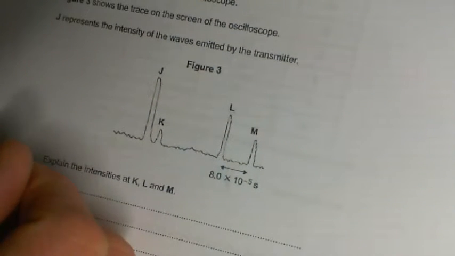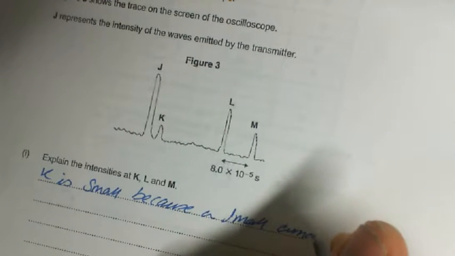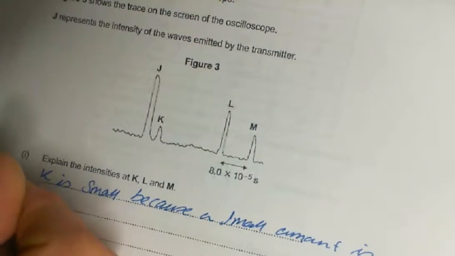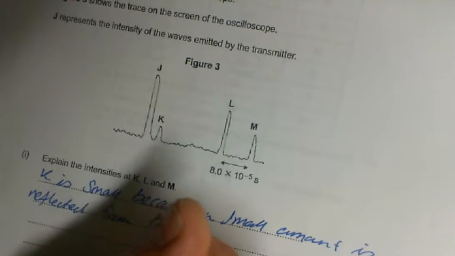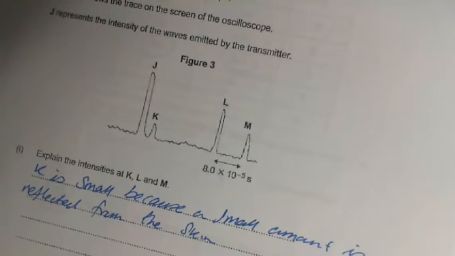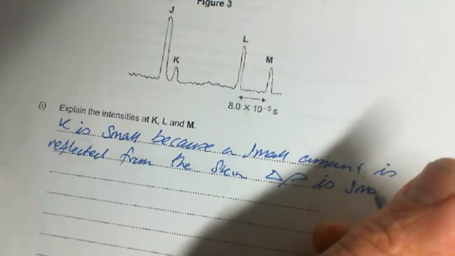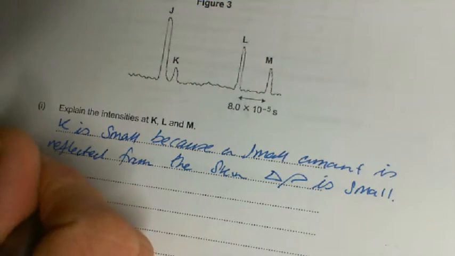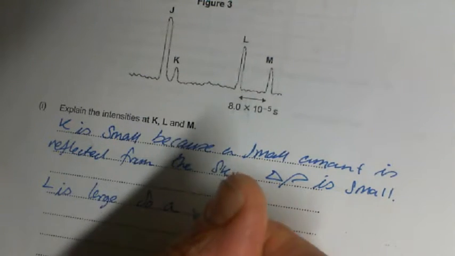So K is small because a small amount is reflected from the skin. And you can even say that that means that you know that the change in density is small. Okay. Next up, we've got L is large,